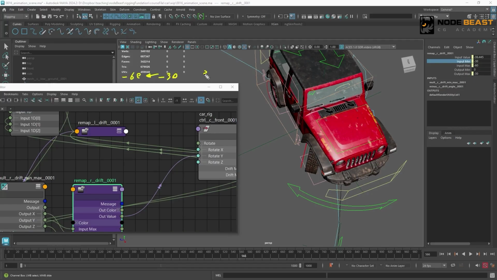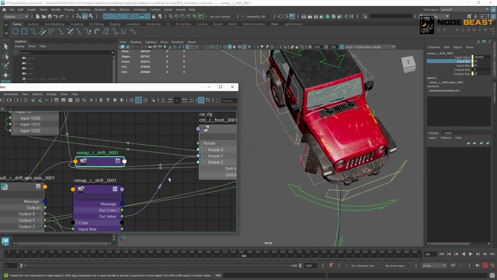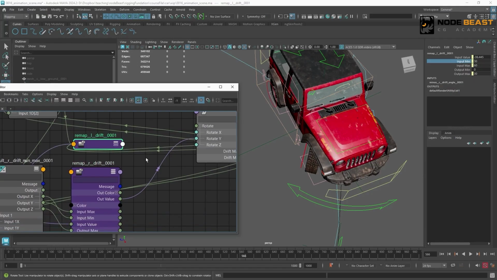And if we rotate, say, 30 degrees, it's to the right of -30. So at this time, its output is the minimum value, which is 0. Because look at this range. -30 is 0, -60 is -30. So when it's 30 degrees, in this direction, it is 0 at this time. So when we turn to one side, the value on the other side must be 0. And when turning to the other side, the output value in the opposite direction is also 0.